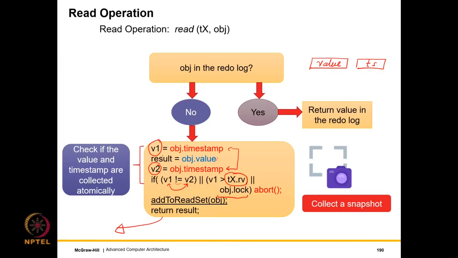So the important point over here is this idea of checking the timestamp twice to ensure that the value and the timestamp are in sync, because otherwise we can have arbitrary delays between these statements, and the value and the timestamp may not be in sync, right? Because of the delays, you might read a value, but the timestamp may be for some other value. That's the reason you read twice and compare. And also to ensure that once a transaction begins, if any other transaction writes to the value after that, then there is an overlap. So we will have a read-write conflict. So this check over here eliminates the possibilities of this read-write conflict.